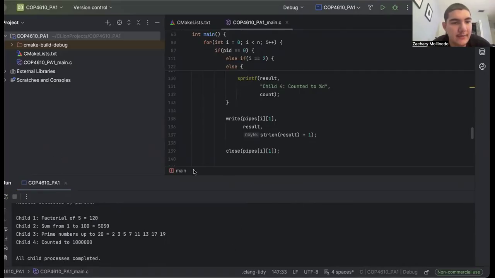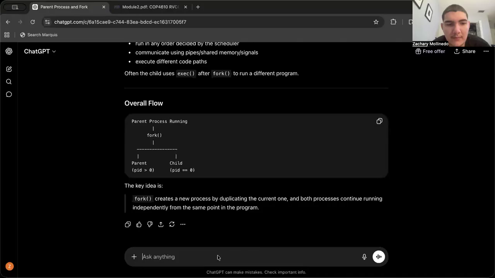Okay, going back over here. So for the upgrade, let's just say I have a C program that creates multiple